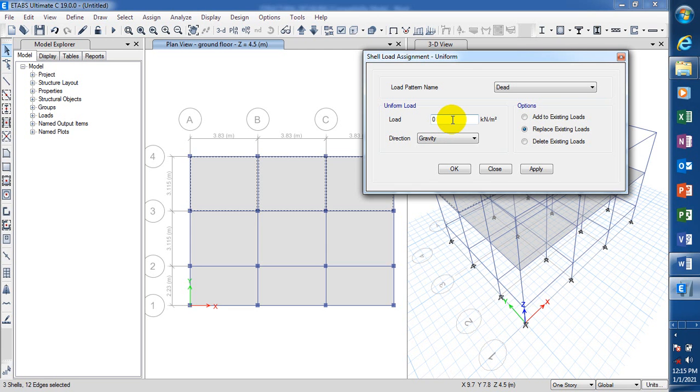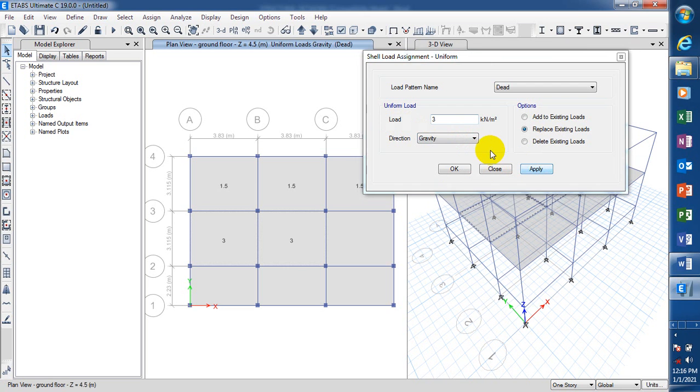So for my bedrooms, my dormitories, okay, so let's just assume if this 1, 2, 3 are my bedrooms, so I'm going to be using 1.5, okay, and then I will apply, and then let's say here, then we have let's say our kitchen, our laundry are around this area, okay, or I take off this, okay, kitchen and laundry. Actually the imposed load around that area is 3, so I'll make it 3 here, and then I will apply, and then